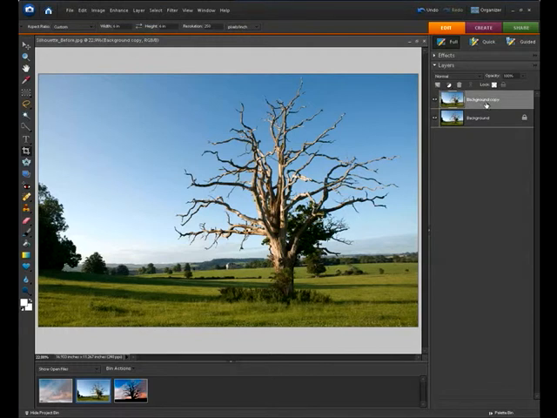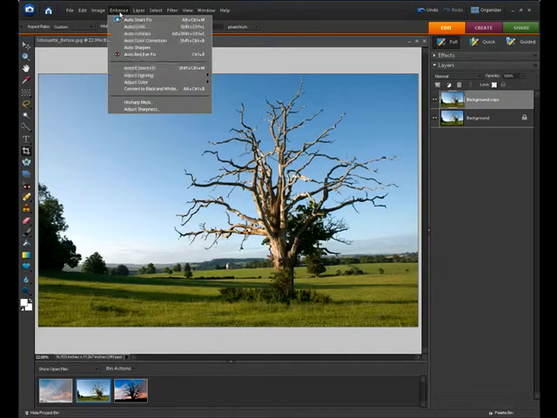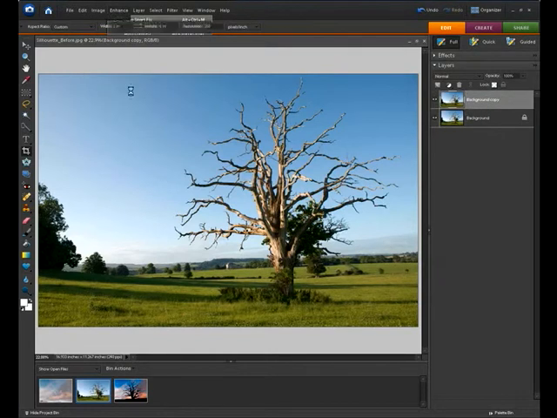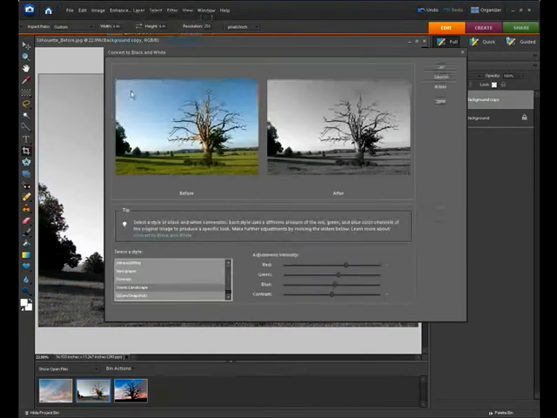Now, so that we can get a very quick and easy cutout, what we're going to do is just to adjust the levels for this layer so that we can increase the contrast and the black and the white content within the image, so when it comes to making our selection it's just a lot quicker and a lot easier to do. So the first thing we're going to do is convert that layer into black and white. So if we go up to Enhance, Convert to Black and White, and this will bring up the usual black